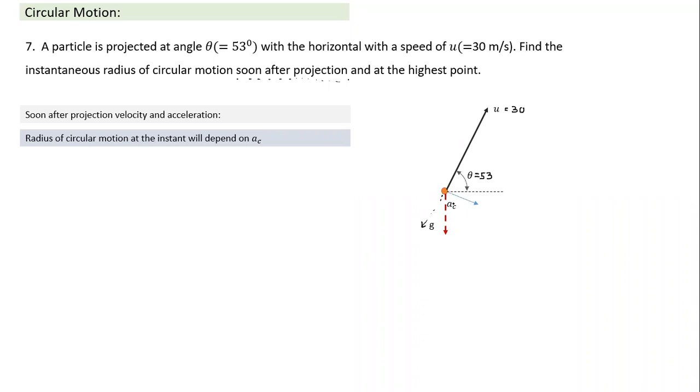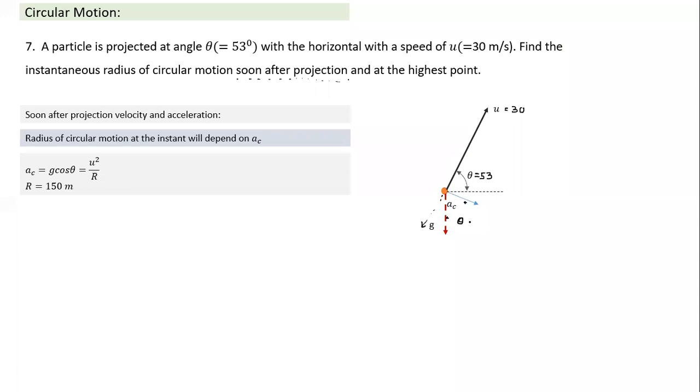To find this angle, what is AC equal to? If this angle is theta, this will be 90 minus theta, and hence this angle will again be theta. So the centripetal acceleration will equal g cos theta, and the tangential component will be g sin theta. So we can easily find the value of g cos theta. This centripetal acceleration has to be equal to u square by r, where r is the radius of circular motion, which is 150 meters.